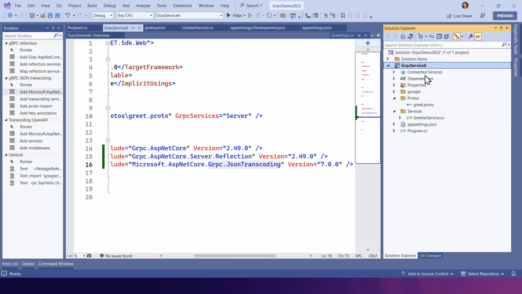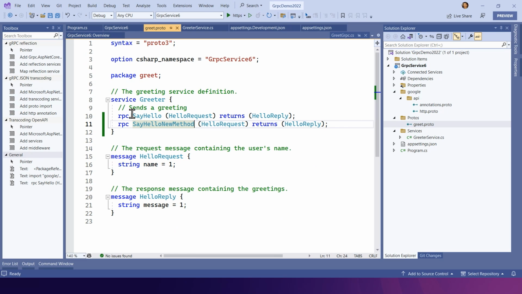These are annotations.proto and http.proto. The reason we're adding these new proto files is we want to add some annotations to our say hello method to specify how it maps to a RESTful API. Like we need to specify a route to be able to call this. So after including these files, we then want to import one of them. So we're going to call import google/api/annotations.proto.